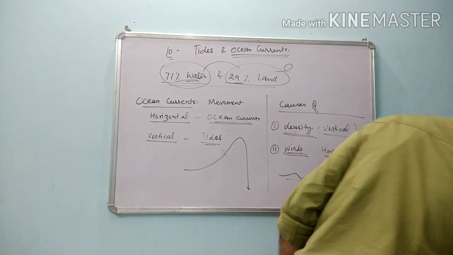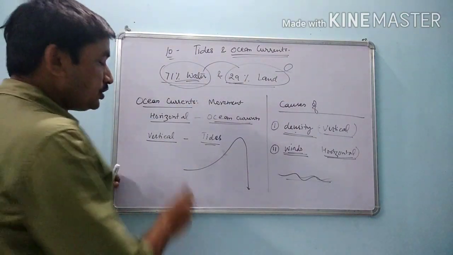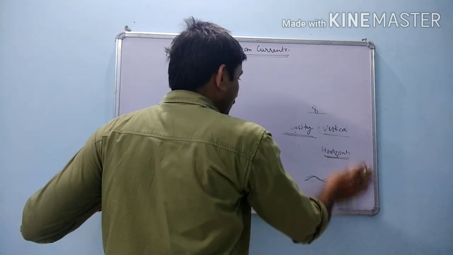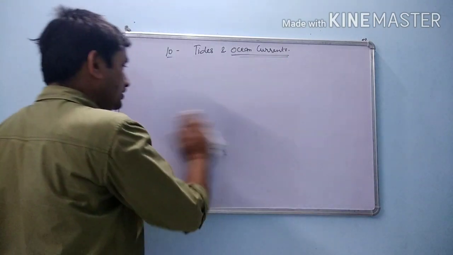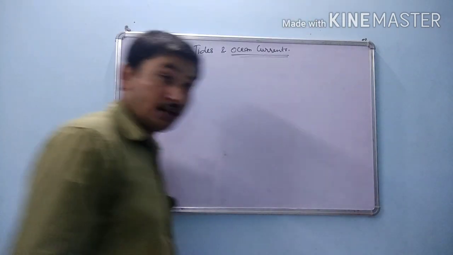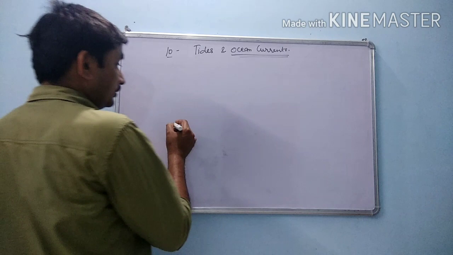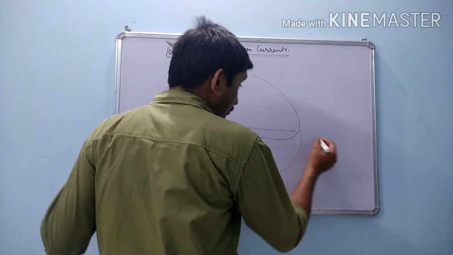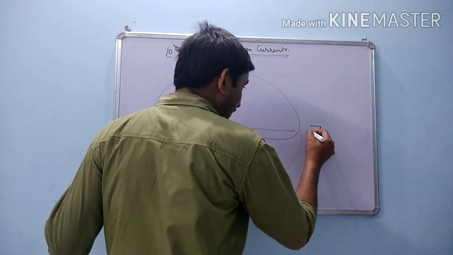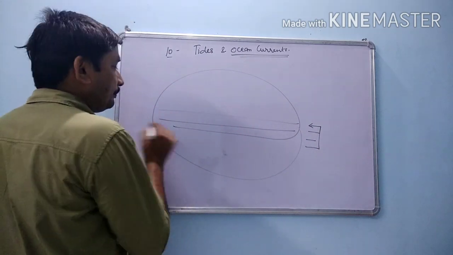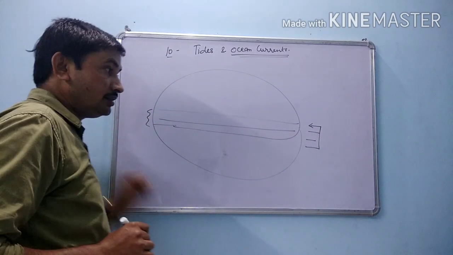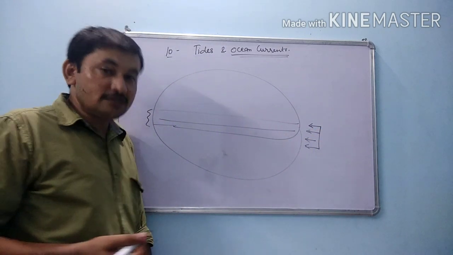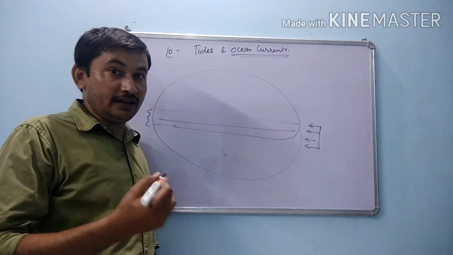Next, we will talk about the density. Differences come from the salinity of the water. Salinity means salt. Salinity of the water is less around the equator. What is the reason? More heat energy: direct rays of the sun are coming to this area, the equatorial region, so more insolation. But why is salinity less?